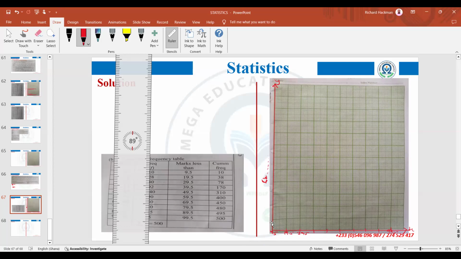So let's see, if you use 2 centimeters to 10, you are going to get 10, 20, 30, 40, 50. Obviously, this is 12, so it will be 10 times 12, 120, which obviously you can see you have values here way beyond that. So let's see, if you use 50, it will be 5 times 12, and that will give us